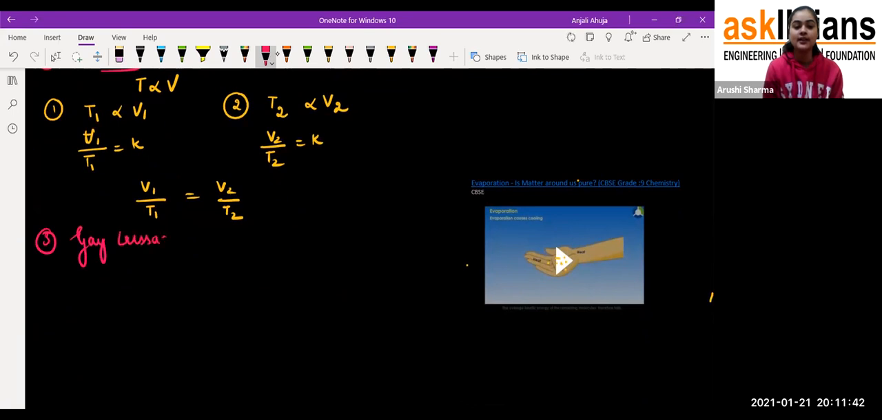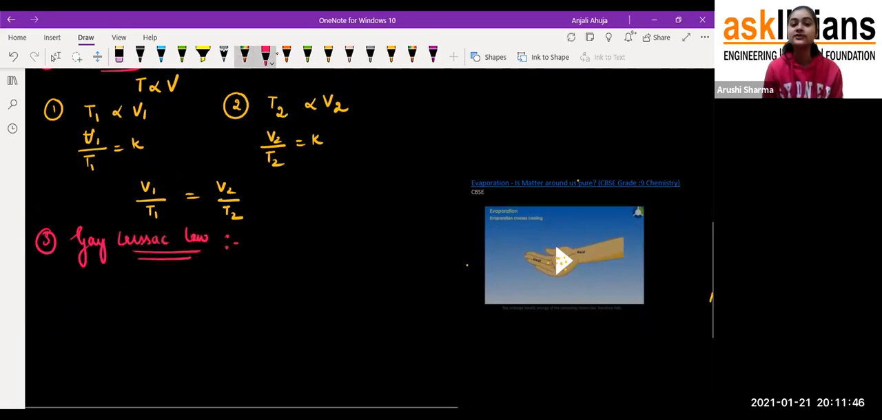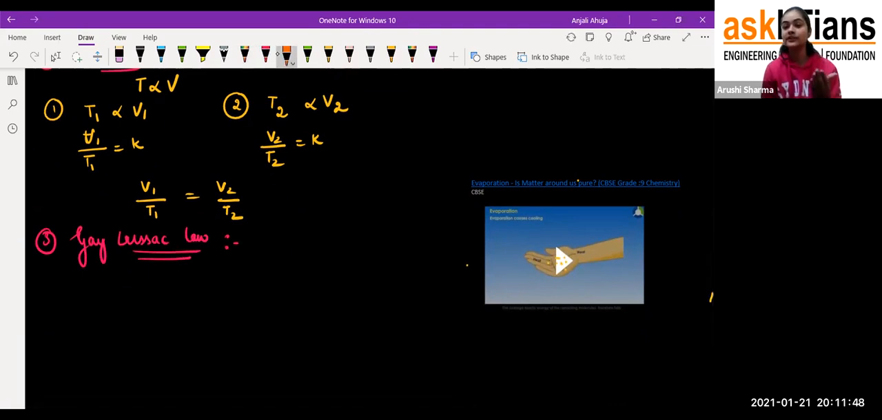Gay-Lussac law. So, students, what they are saying according to this law, these are the laws which are named after the scientists who discovered them. For example, Newton's law. You know, Newton is a scientist, so that is called Newton's law. Gay-Lussac law means Gay-Lussac has given that law, so we have named it Gay-Lussac law. Okay, now according to it, what they are saying is that